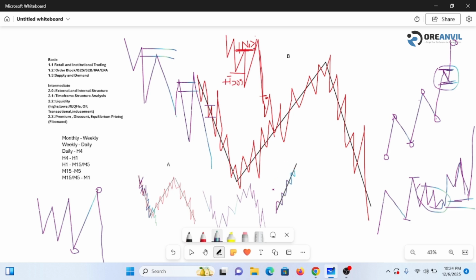So this is external. The black is my external, the external structure. Let us not forget this blue that I draw here is inside this black external structure. See, it has this internal structure in it. So the blue represents the internal structure, while the black represents the external structure.